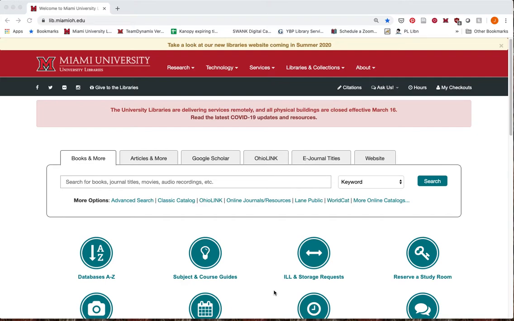On how to find some books. We want to go to the library's main page. The address is up here. And we're going to go to Books and More, but we're going to go down to the advanced search for Books and More,